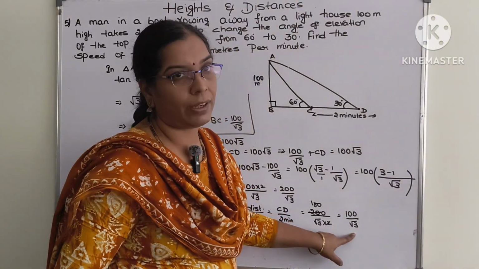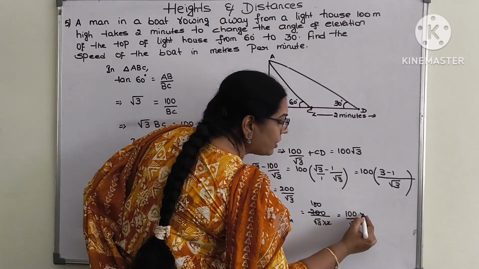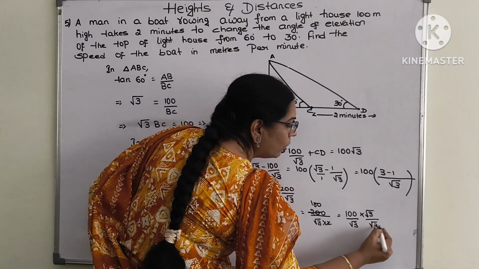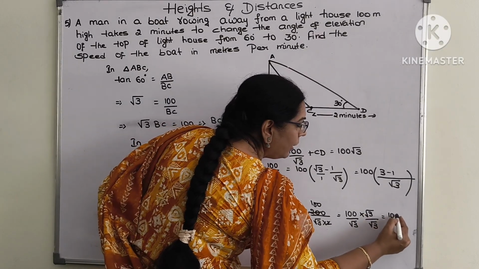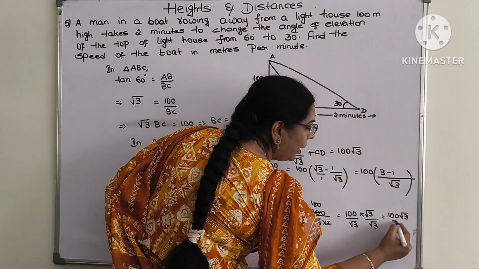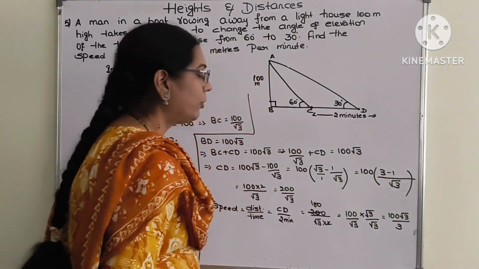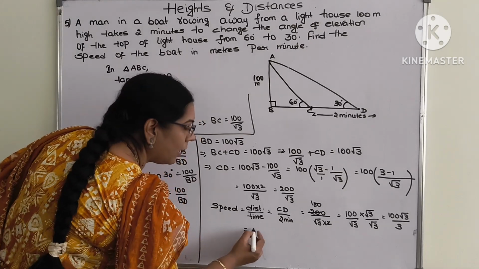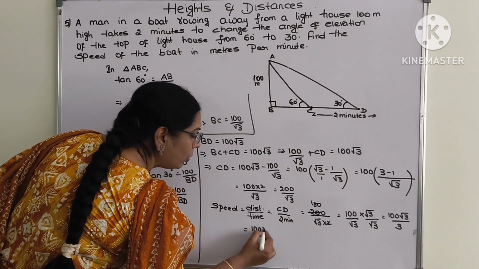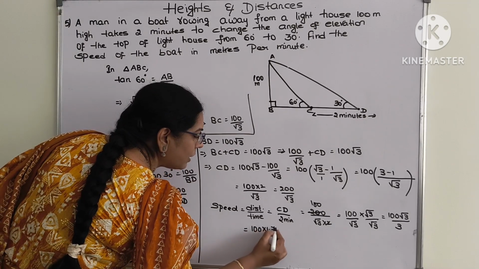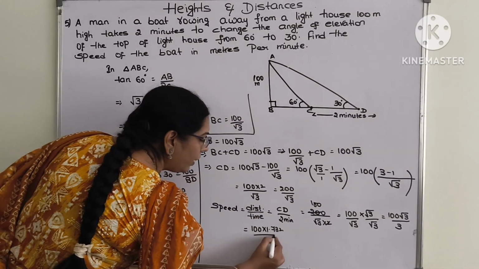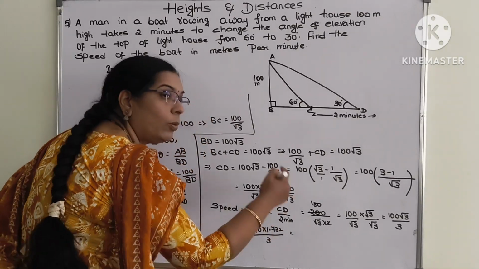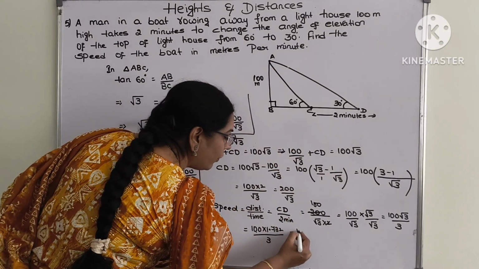It cannot have an irrational number. So I will rationalize it. Rationalizing factor is root 3. So this is 100 into root 3 by 3 root 3s, root 3 into root 3 is 3. Now the speed is 100 into root 3, which is 1.732. Divide it by 3. Because of the two zeros, the decimal will move 2 steps to the right. So it will become